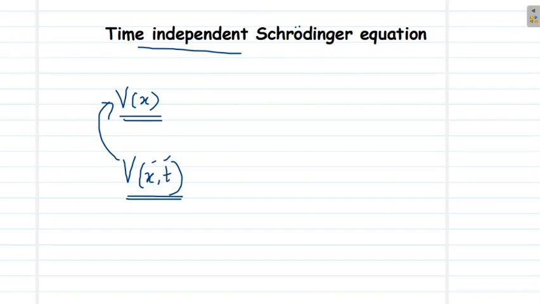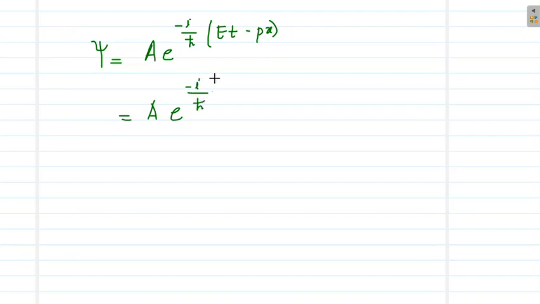As you know, the wave function of any particle can be represented using the formula psi equals A e raised to minus i by h cut into (Et minus px). So this complex wave function can represent the matter wave. Let me split this function into position part and time part. This is A e raised to minus i by h cut into Et multiplied by e raised to i by h cut into px. So here we have two separate parts. One part is time dependent and the second part is a function of position.